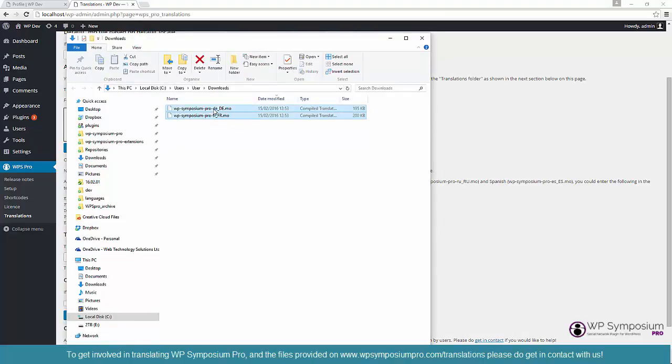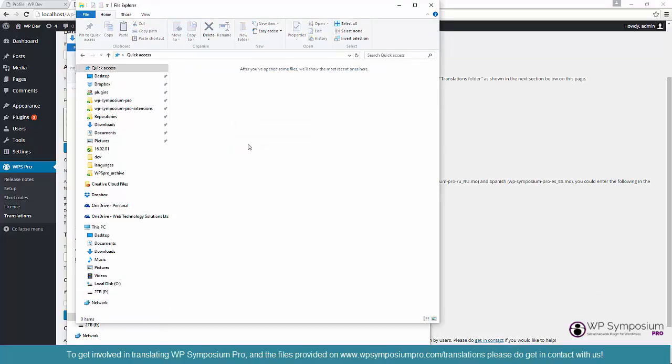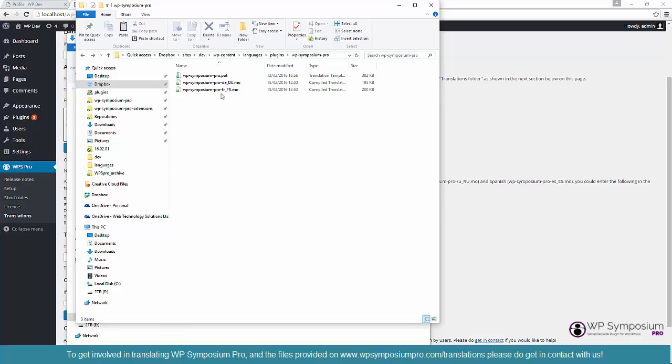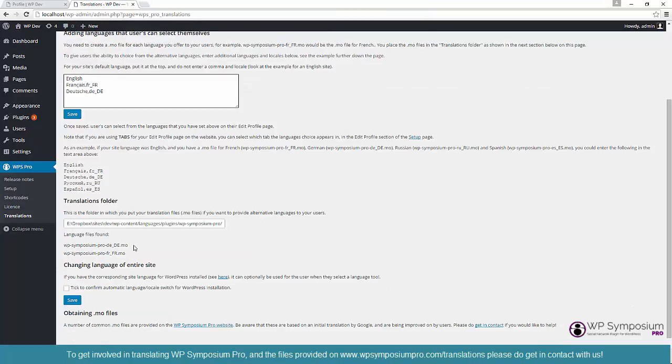These two here. Copy those from my downloads folder into my translation folder as prompted. Oops, what's happened there? Okay, there they are. So they're in my translations folder for WP Symposium Pro. They must be in this folder and they must be in the file name as shown. And now they're shown, they're now listed here. As you add more, if they're not listed there, it means they're not in a valid file format. But you can begin to see here that the locale is in the file name as shown in your list